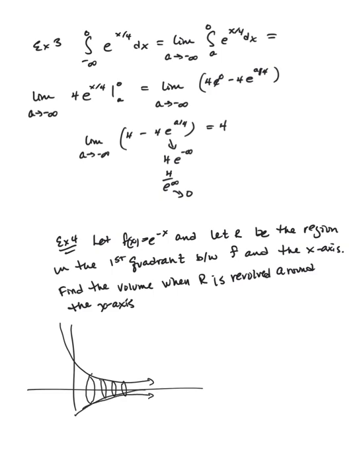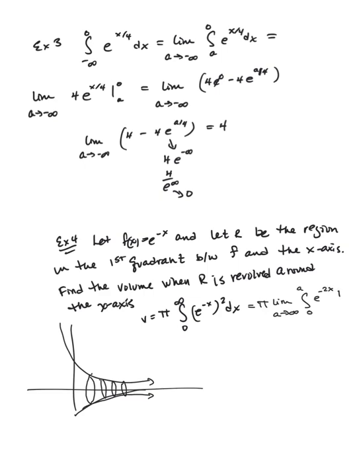So volume is equal to pi, r squared, from 0 to infinity. And so that's going to become pi times the limit as a goes to infinity of the integral from 0 to a of e to